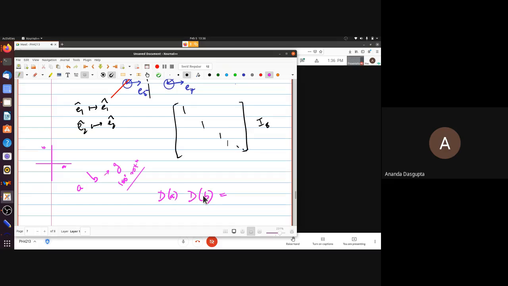What's the connection between DA times DB and DG? How are they related to each other? Sir, I think it should be homomorphism if I'm not wrong. Well, even if you never heard the word homomorphism, you should know that if A is represented by DA, a